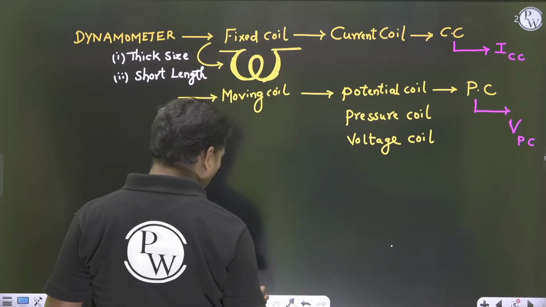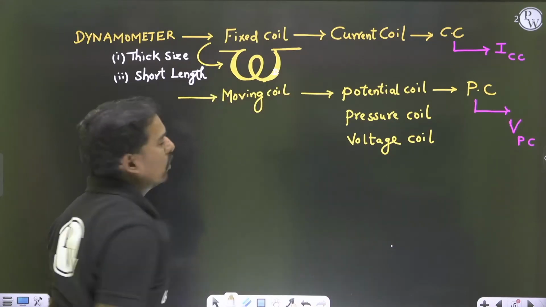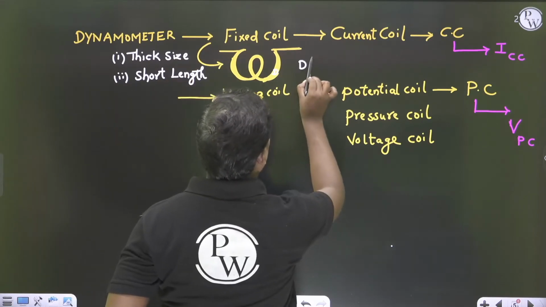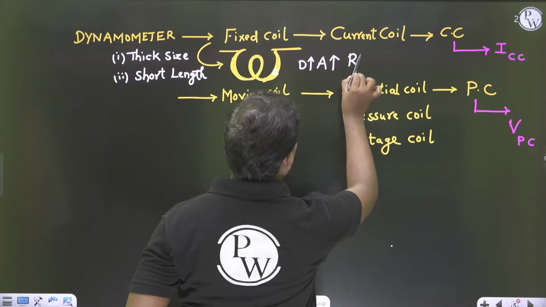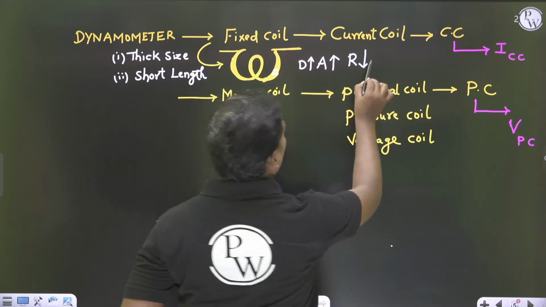So this is what we call the diameter. So when diameter is more, area of cross section is more. When area of cross section is more, the resistance, according to the formula R is equal to rho L by A,